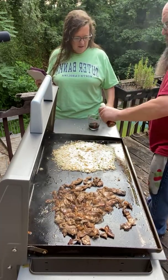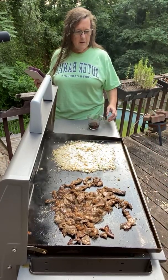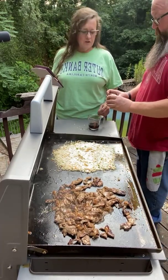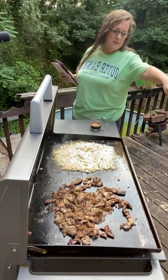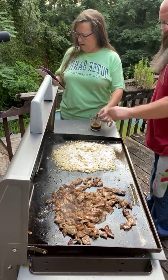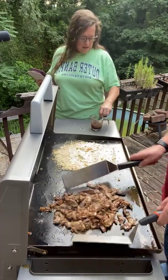A dash of shrimp sauce. Shrimp sauce or fish oil? Fish oil, I'm sorry. A dash of fish oil. I don't know what these are. Garlic. I'm putting them in. And ginger. Right, garlic and ginger. There's that spoon right there, Pam. You got that? Yep. And we're just going to stir that up, and that's what he marinated the beef in